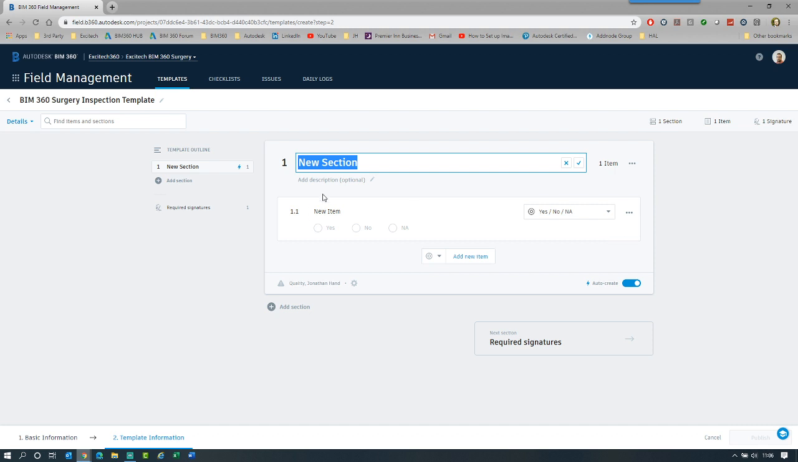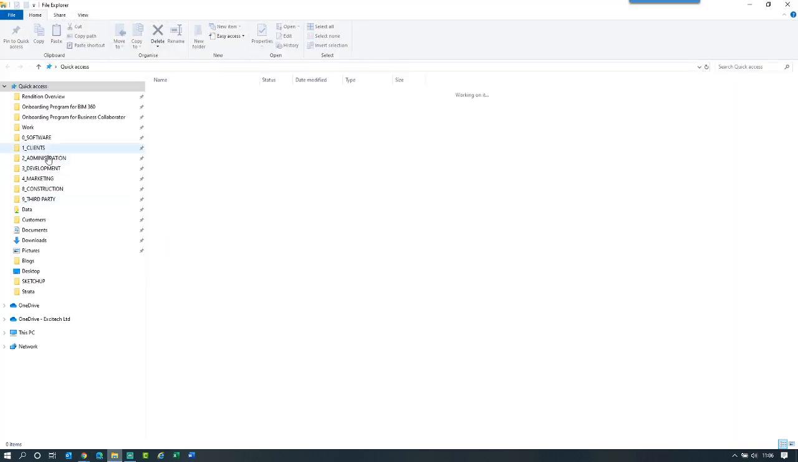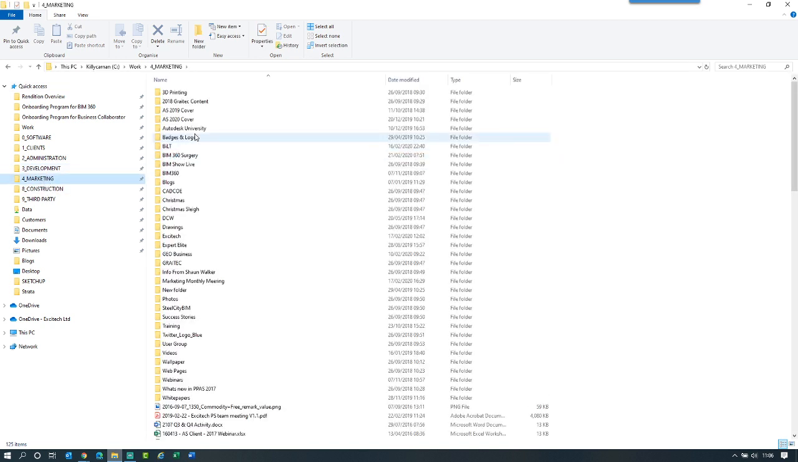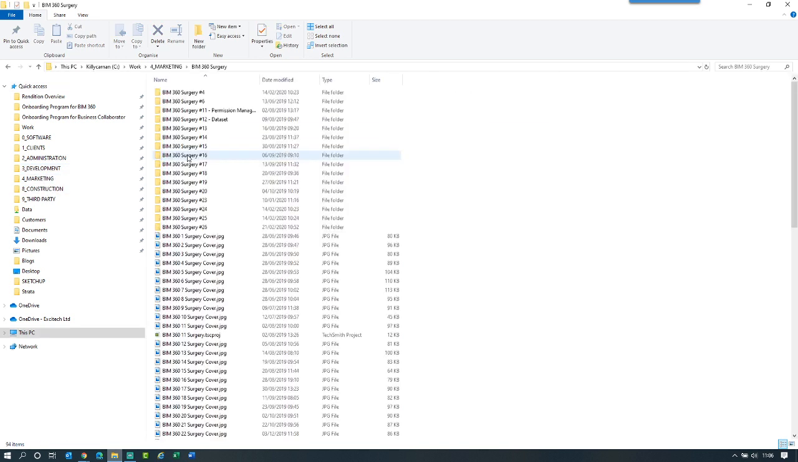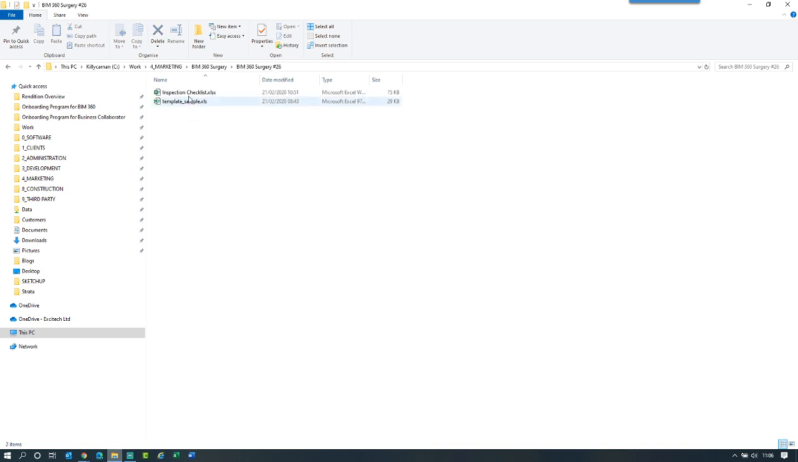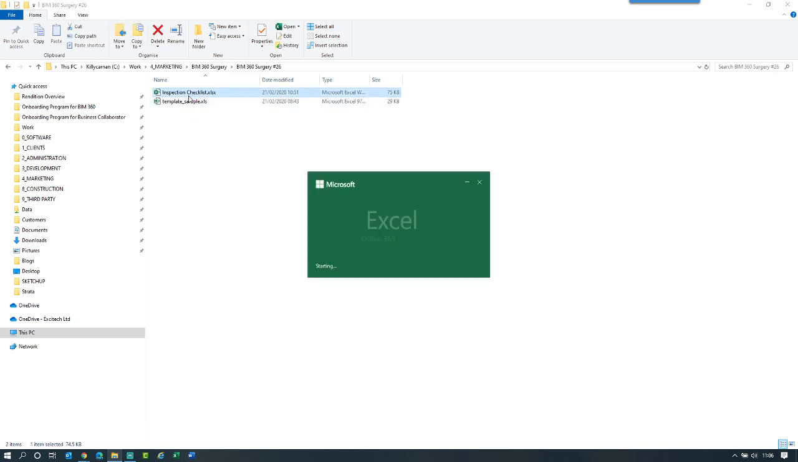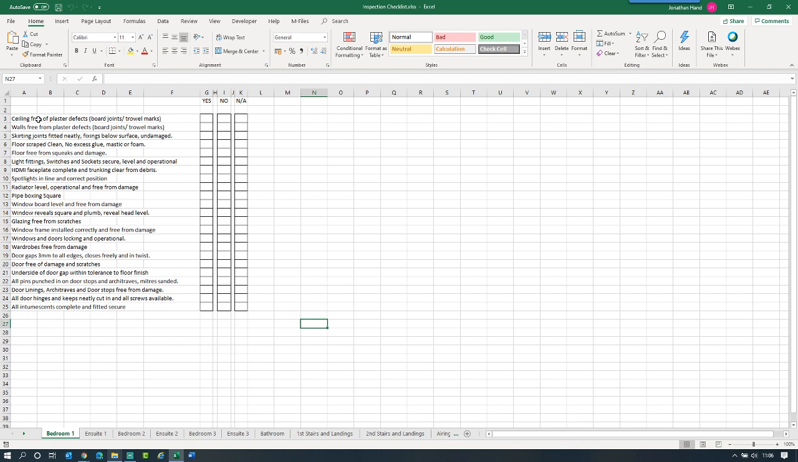So we could go, and I'm going to build a very quick room inspection template. I've got some pre-existing data that I'm just going to show you. I've got a basic checklist that I've just transcribed and built up. If I click into my surgery and I click 26, you can see that I've got a very simple Excel file split into different rooms, and then I've just noted out some of the issues that I would want. So you can see that in bedroom 1, I've got that the ceiling is free